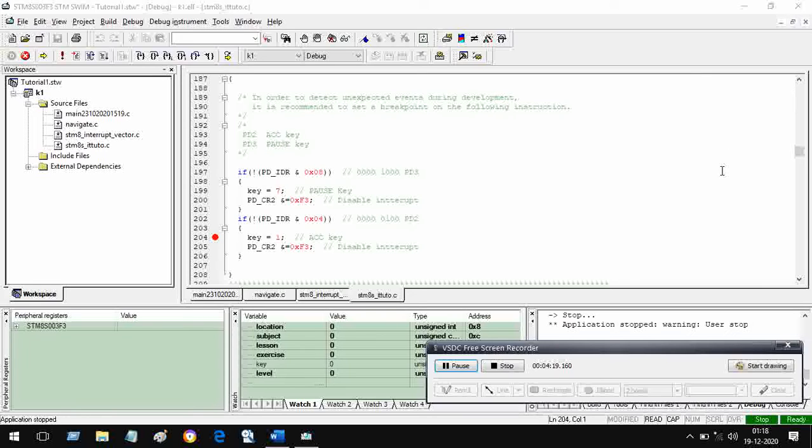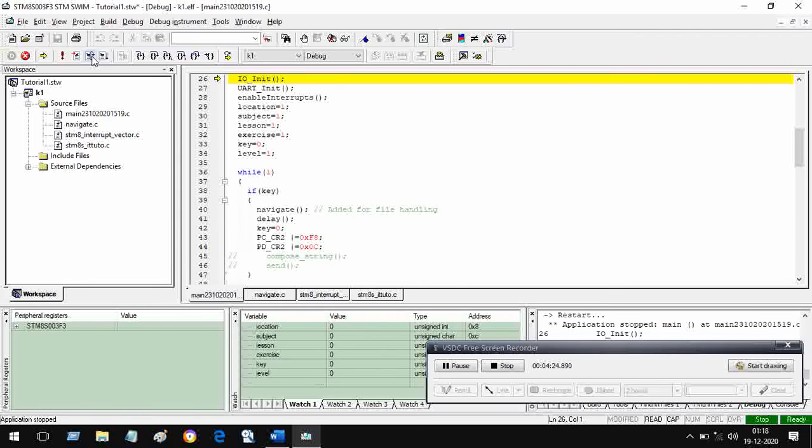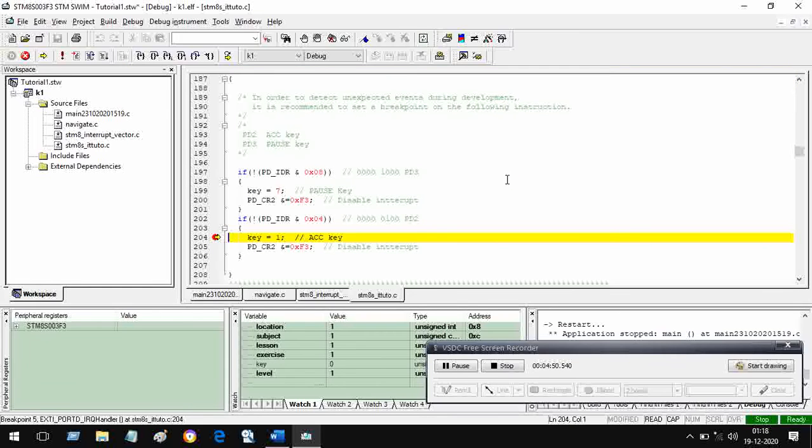So let us go and reset the program, then let us run it. I will explain certain other things later. So let us first see the working. Now I am going to press the first key equal to 1. So key equal to 1, it should stop at key equal to 1. See, it has stopped at key equal to 1. What it will do? It will accept. What it will accept? The